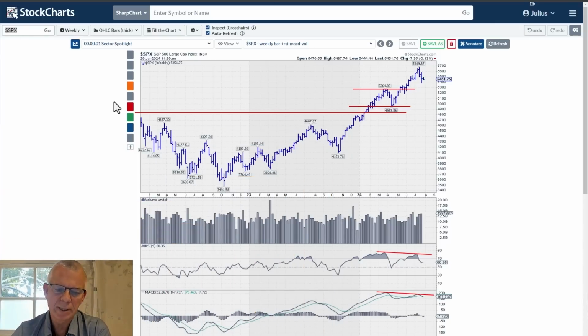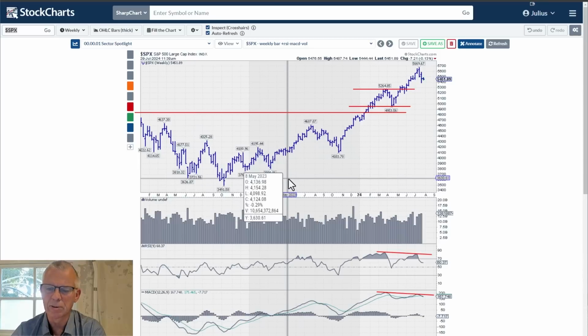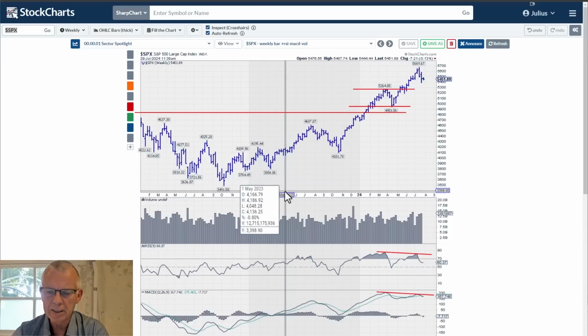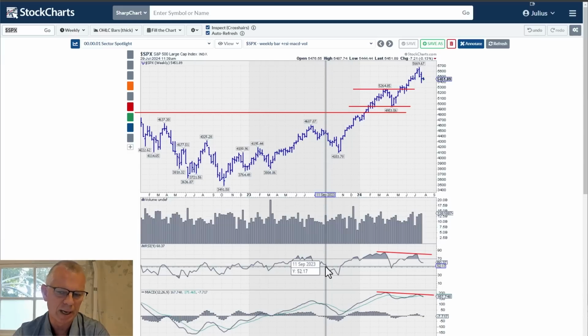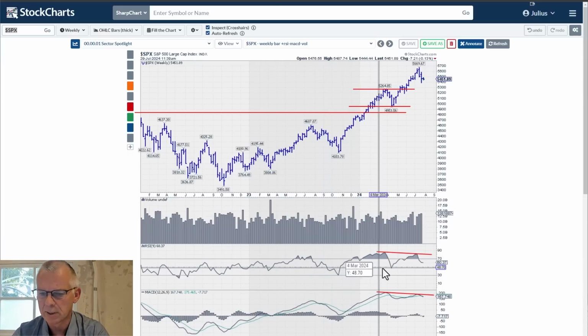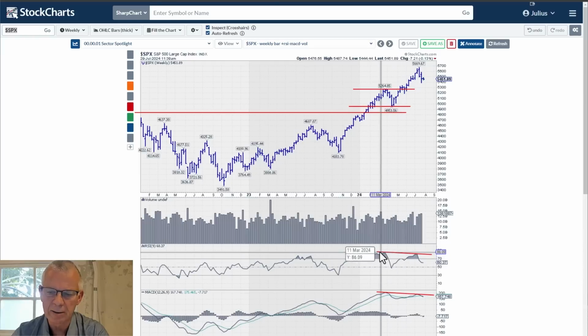I want to kick off with this weekly chart of the S&P 500. This is a chart that I've been watching for quite some time because it is weekly, so it gives us a slightly longer outlook and a little bit less noise. From a plain vanilla chart reading point of view, I like to use the RSI and the MACD. What I've been observing here for the last few months is that the RSI has not been able to take out the previous high,